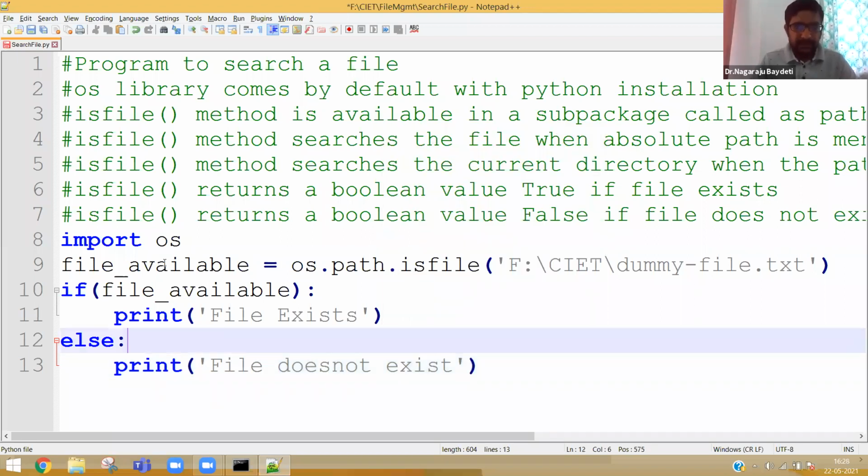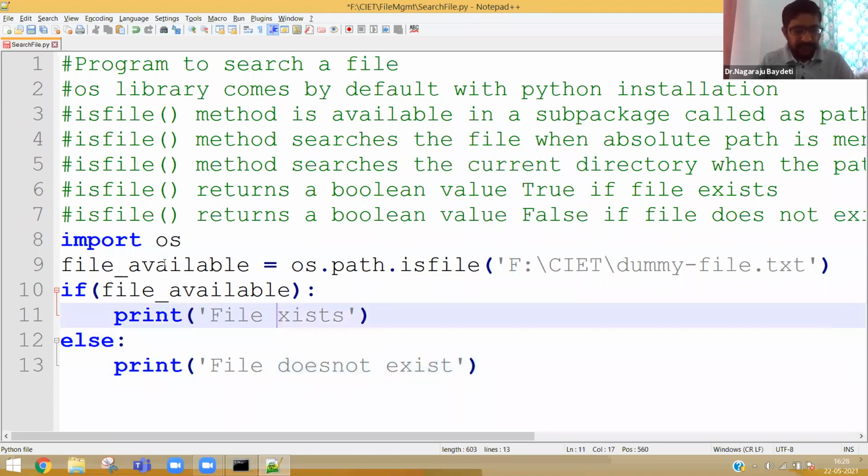So it is a simple message to search whether a file exists or not.